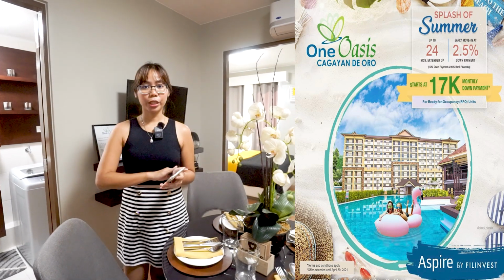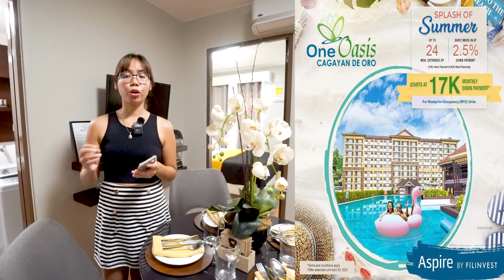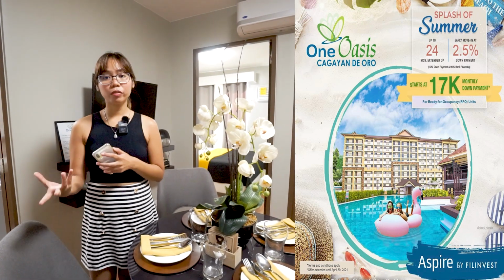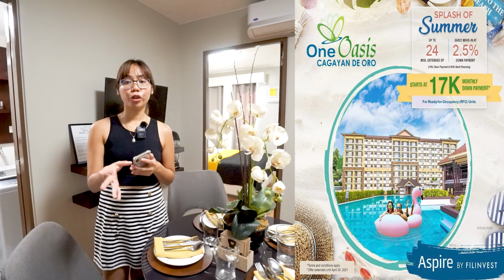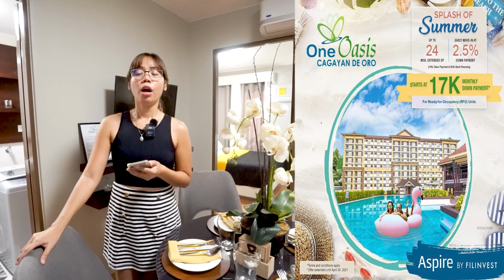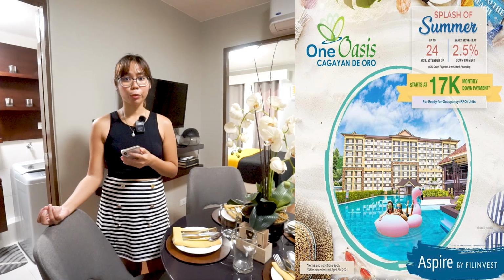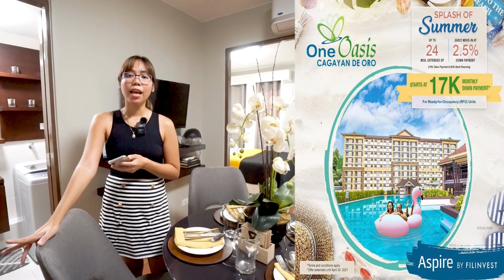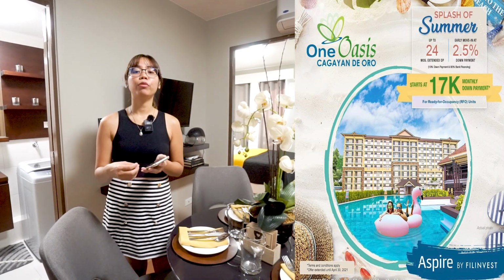Usually with developers, when it comes to pre-selling projects, you have to pay off the equity, or the entire down payment, first, and then once it's paid off and once you've been approved by the bank, it's only then that the unit or the house and lot will be turned over to you, meaning you can already use your unit. Even if a unit is already ready for occupancy, meaning the construction has been finished and you can already use it, you still have to pay the down payment or the equity in full and then get approved by the bank before the